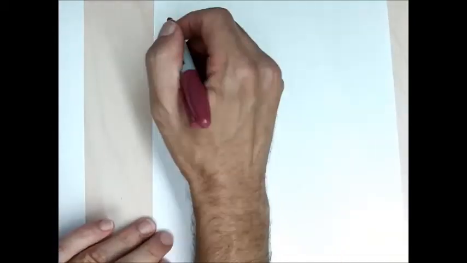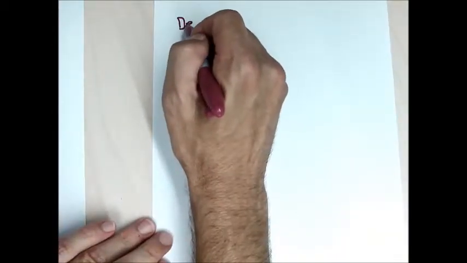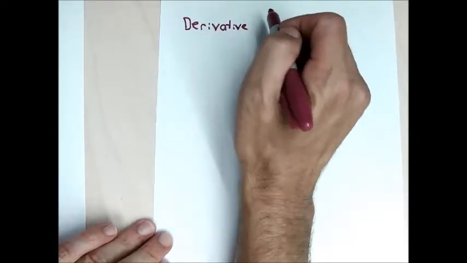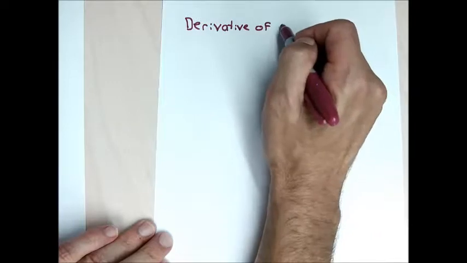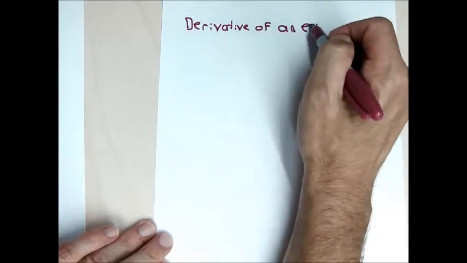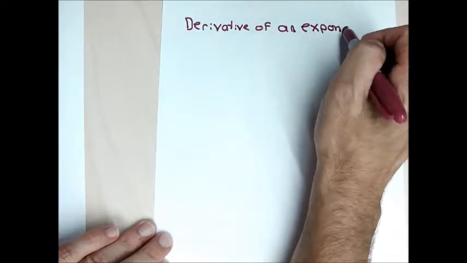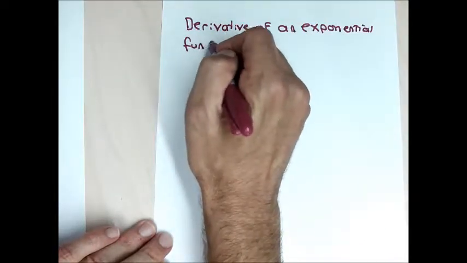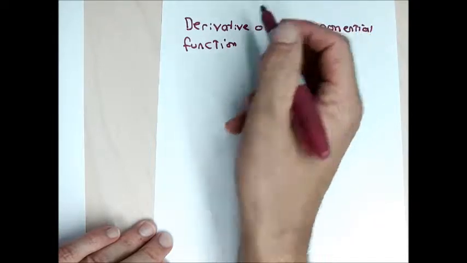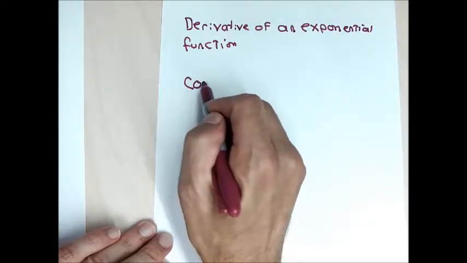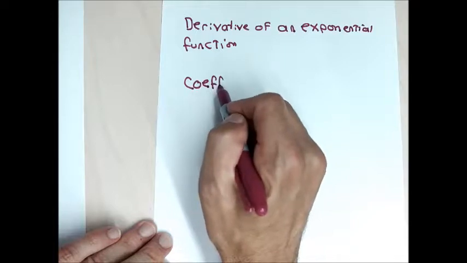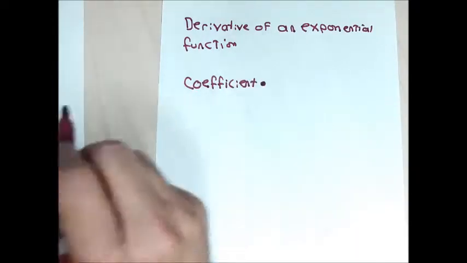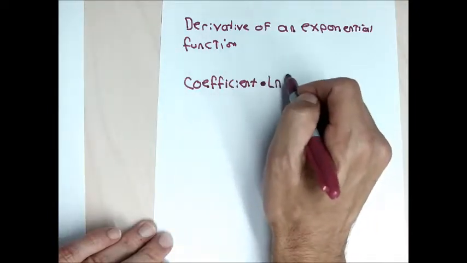So for the derivative of an exponential function, it's just going to be the coefficient, which is the number to the left of the piece with the exponent, times the natural log of the base